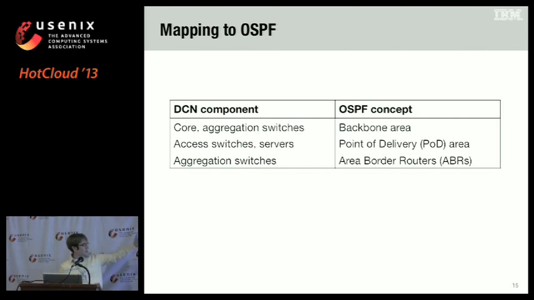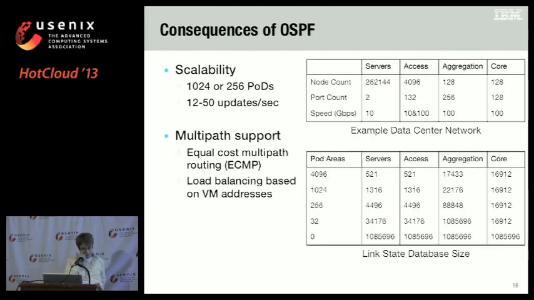And then the aggregation switches are essentially area border routers in the OSPF terminology. And so what does that get you? Using layer 3, what does that get you? Really what we would want is scalability, because that's what layer 3 is supposed to be good at. So these tables over here, the numbers aren't too important, but it's essentially what we tried